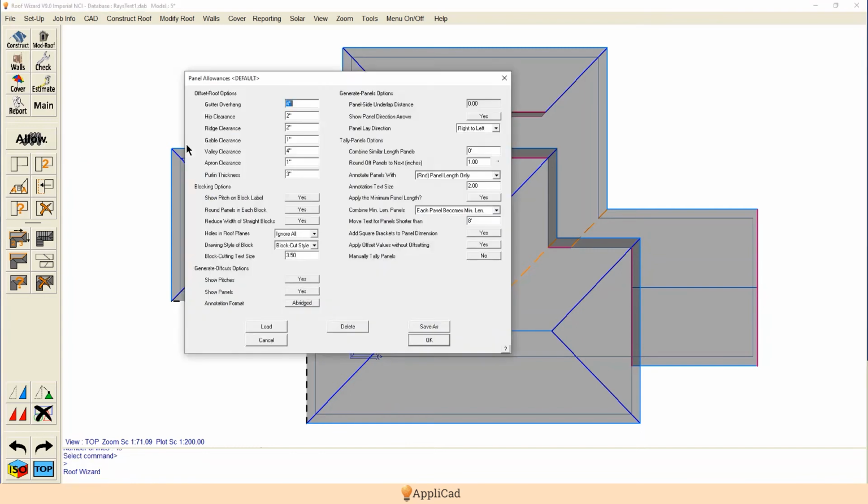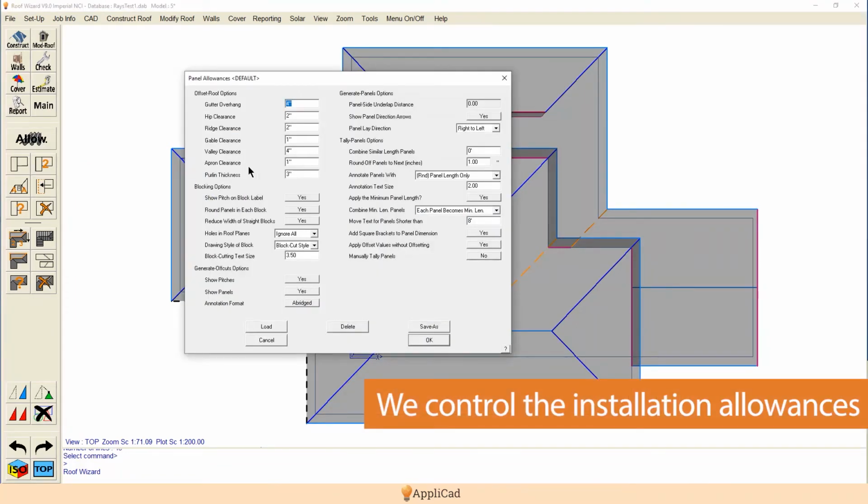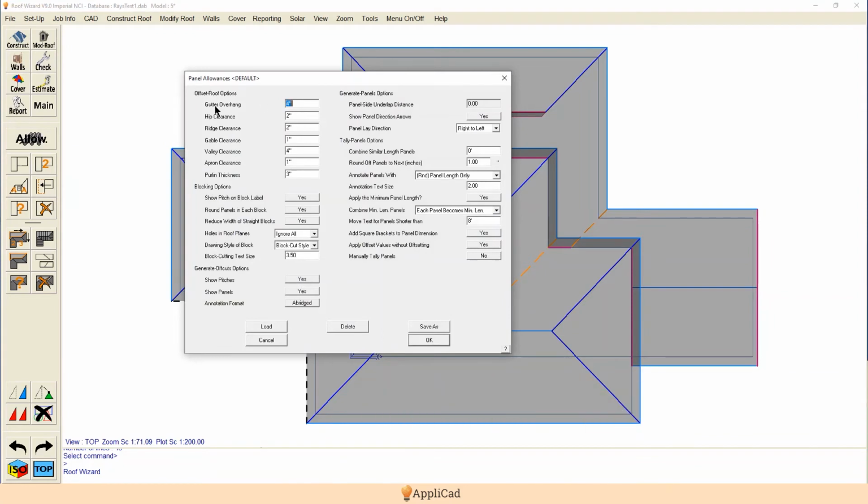We have a set of allowances that try to account for, and indeed do account for, all the installation variables. We have a thing called offset the roof by overhang into the gutter. Now the overhang into the gutter can include the 2 inches into the gutter plus 2 inches for the hem if you're doing standing seam, a clearance at the hip and ridge, and a clearance at the valley each side of the valley line. We can also set whether we go right to left, left to right, or let the software optimize it. Most of us will be going right to left because that's the way our roll former is